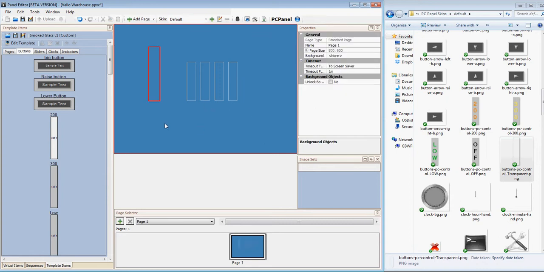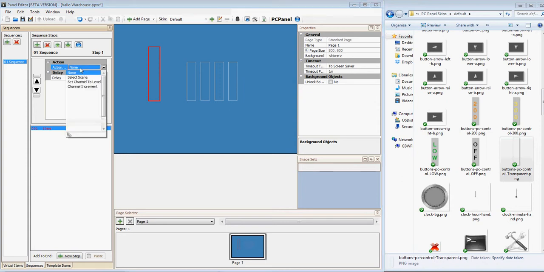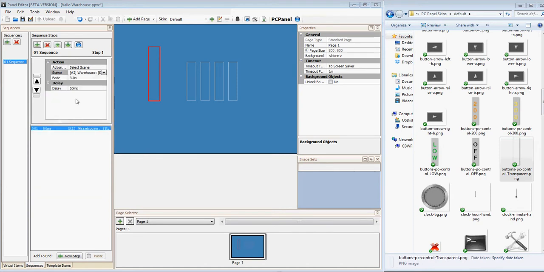Alright, and now we're going to go and write a sequence. We can go over to here and write sequences. So we're going to add a sequence, and the sequence is going to be like 1, and we're going to add an action to it. Here's the action. Right, and we're going to do select scene, area 2, scene 1, and then we're going to add a sequence step here, and that's going to be pause sequence 1,